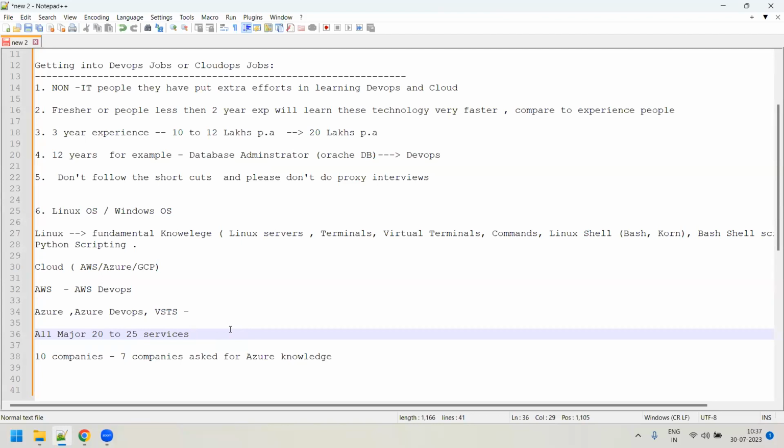Now you will say, sir, there are 200 services, but you're saying only 20. Sir, please first learn 20 to 25 services effectively. Don't think that you will learn everything. It's not possible. It's very difficult. We don't have that much time. So please learn these, because in interviews some people, whose core job requirement is very good in-depth knowledge of AWS, will ask you more.